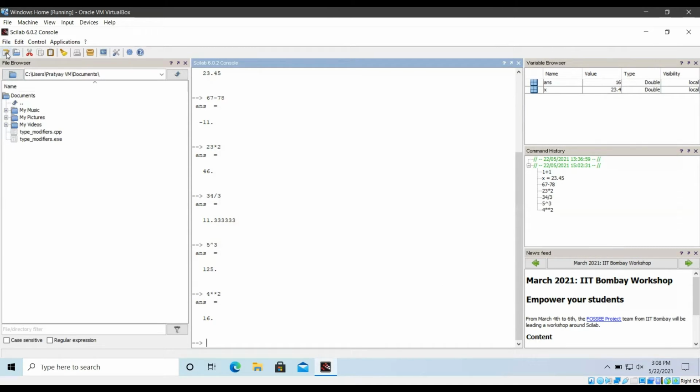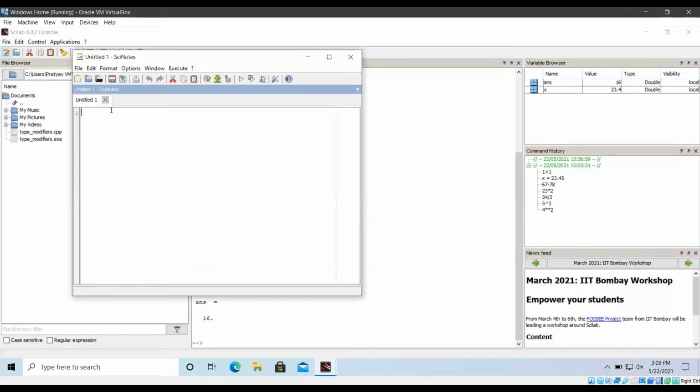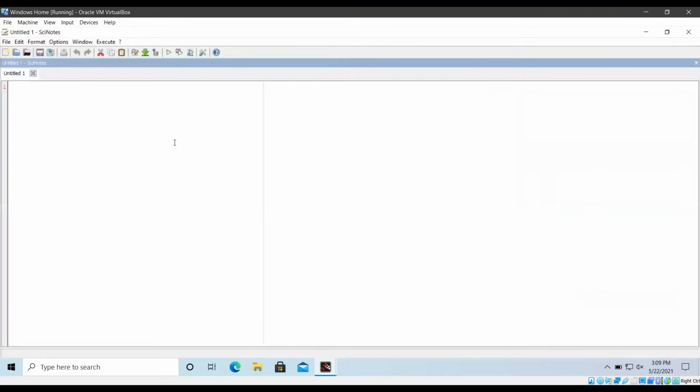Don't look for the previous option. You look here. You can see here launch SciNotes. So you can click here, and I think one text editor will just pop up in your menu. So you can maximize it, and now whatever code you write here in this text editor, you have to save and then you can execute it. Suppose I write here something like x equals 4455.